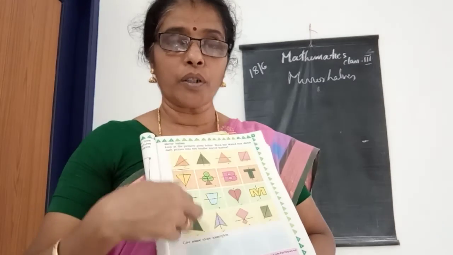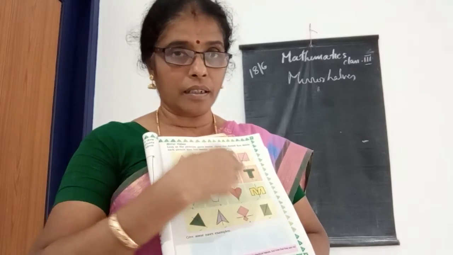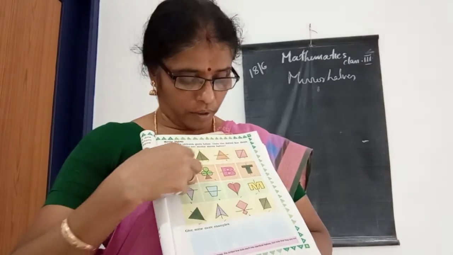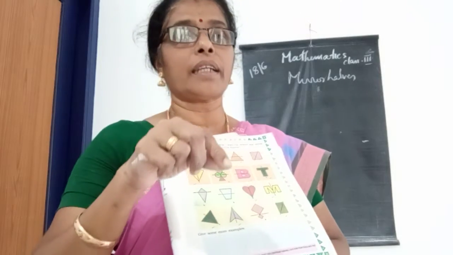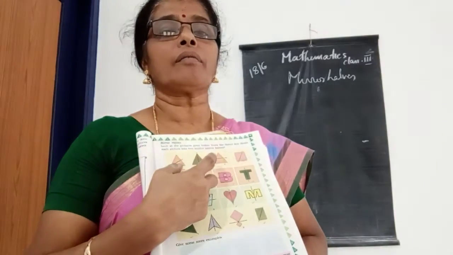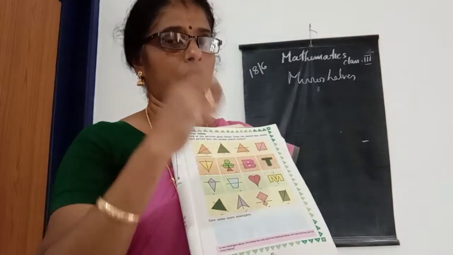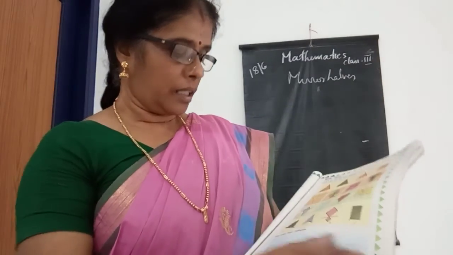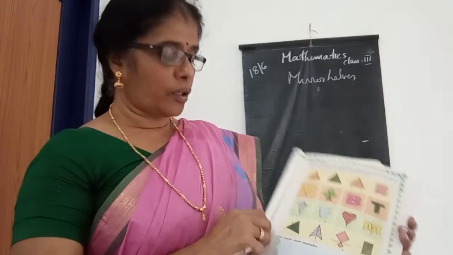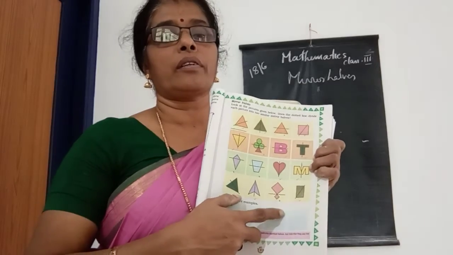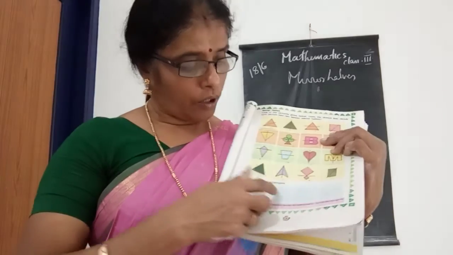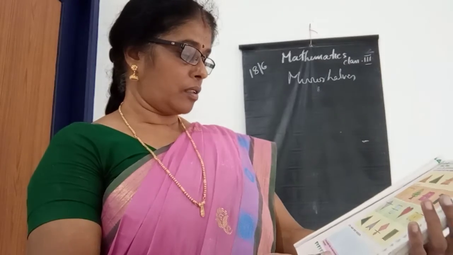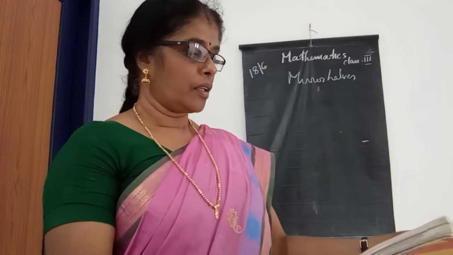In the notebook you have to draw like this. In these pictures you have to draw and divide them, the way they are divided, you also divide like that, and put a tick mark if it is a mirror, or otherwise put a cross mark. Okay, then next, you also have to give some more examples, 1 2 3 4 examples, here.